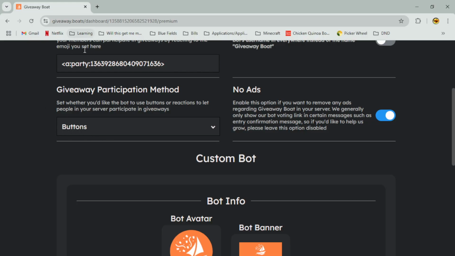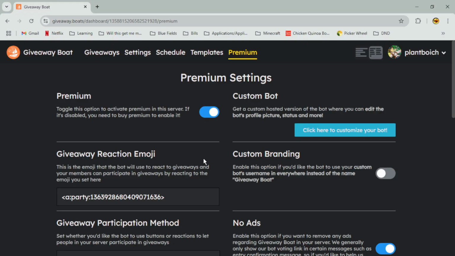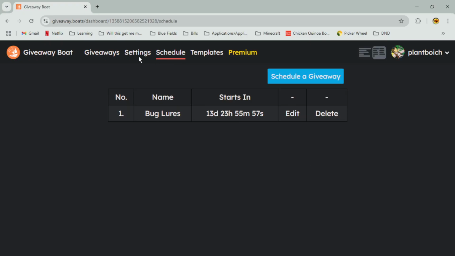I kind of like the buttons. The reaction's fine too. It's just clicking the emoji and calling it a day. So they work the same. But yeah, that is